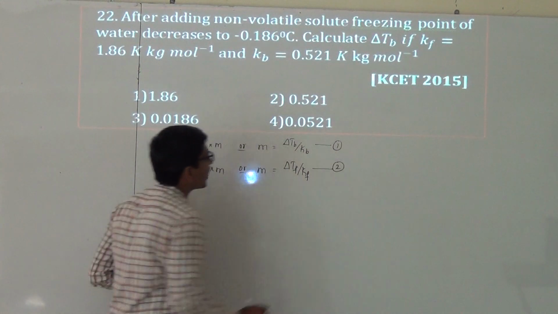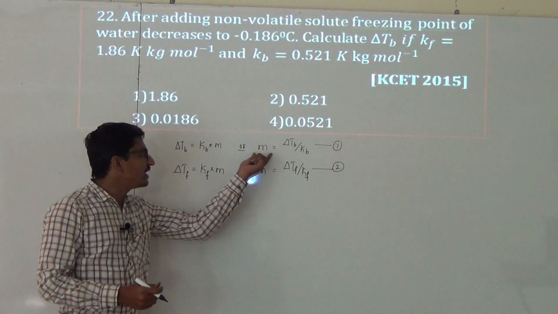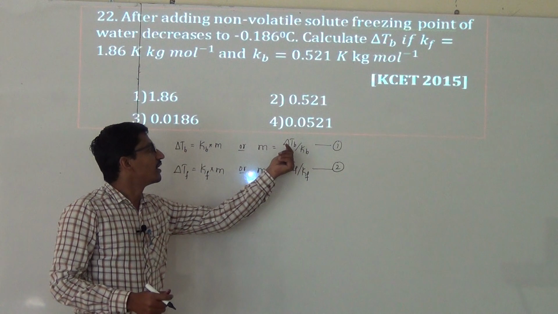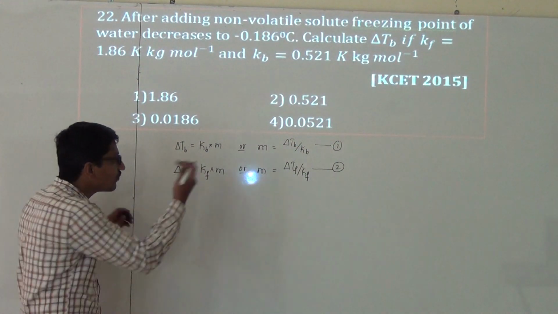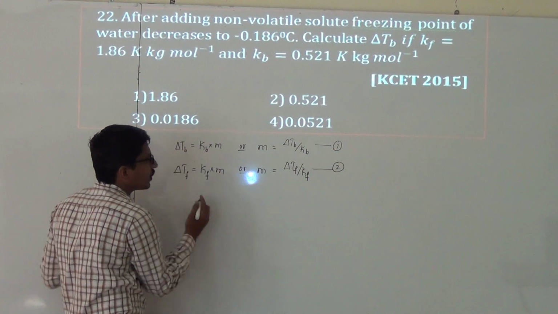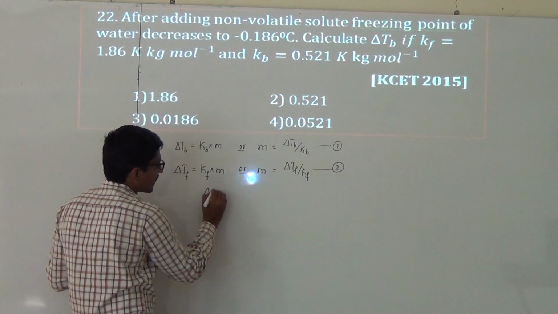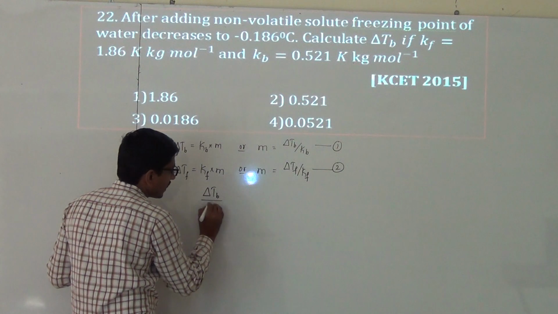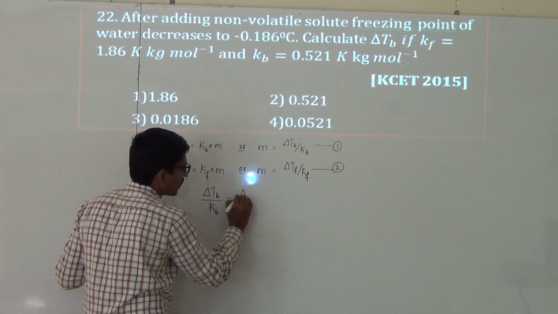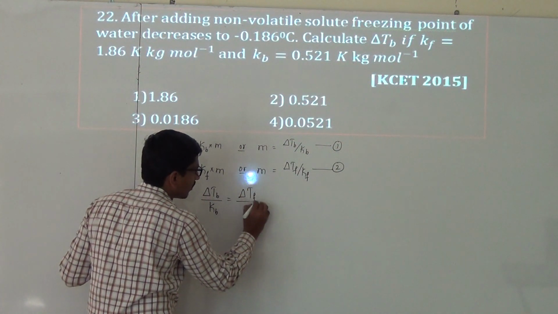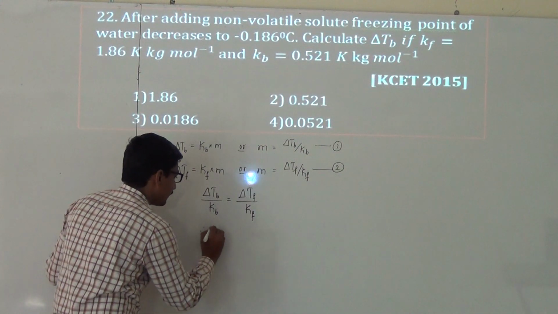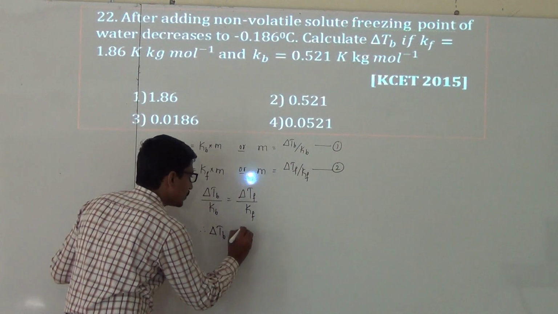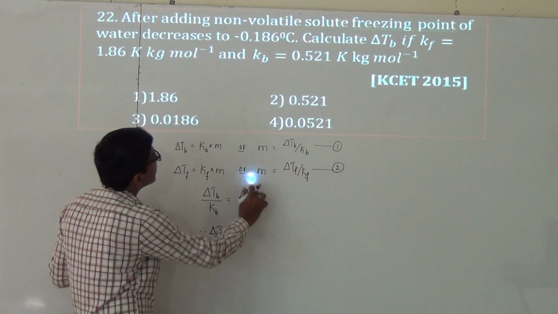From equations 1 and 2, the molality is delta TB by Kb and delta TF by Kf. Equating these, delta TB by Kb is equal to delta TF divided by Kf. Therefore, delta TB is equal to